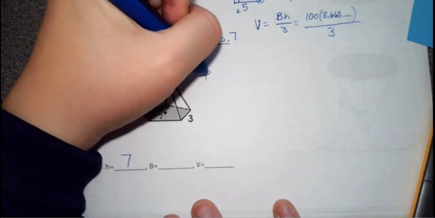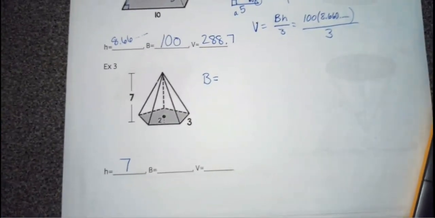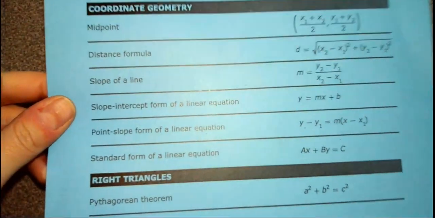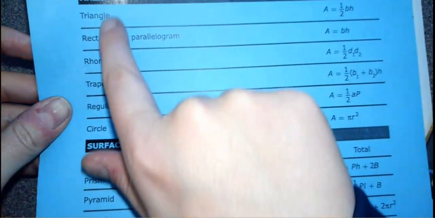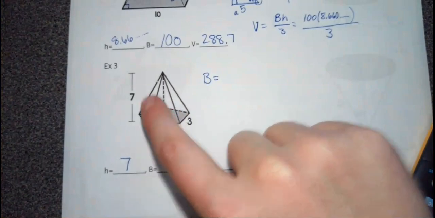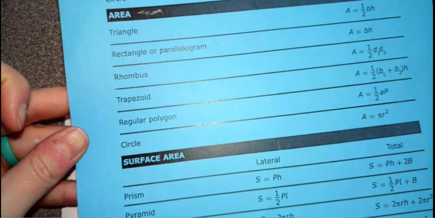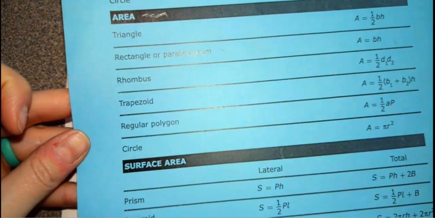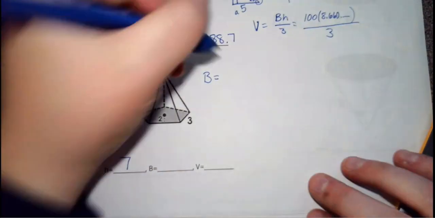And then our capital B, some of you may have forgotten. We did this yesterday. It was number 3 and 4 of our assignment from yesterday. But if you have forgotten, I'll show you this. This is a regular polygon. If you look through all of these shapes, none of them are a 5-sided shape besides this regular polygon. So if it has 5 sides, if it has 6 sides, you can use this regular polygon formula, that 1/2 apothem times the perimeter,